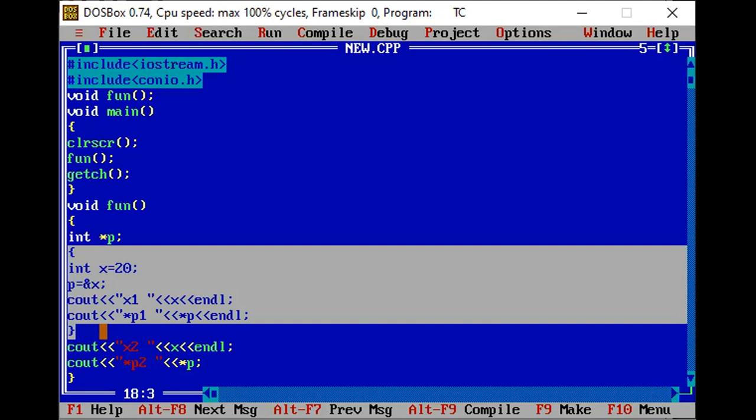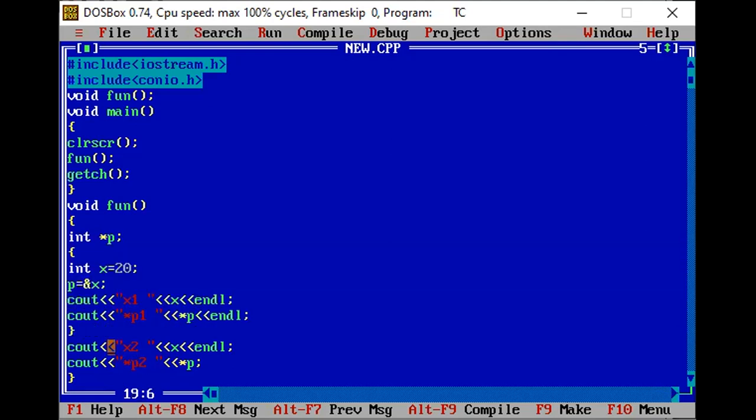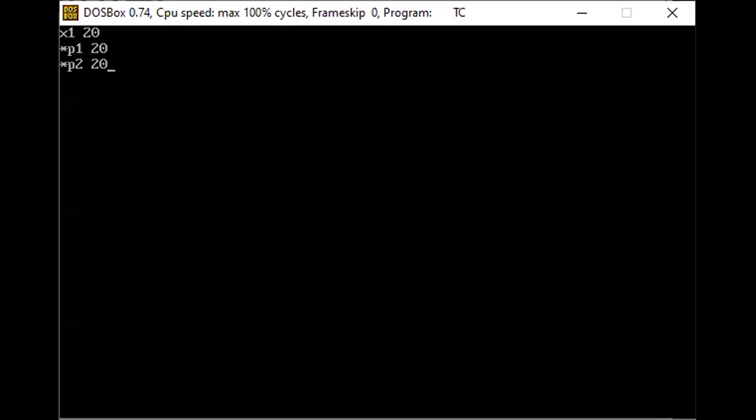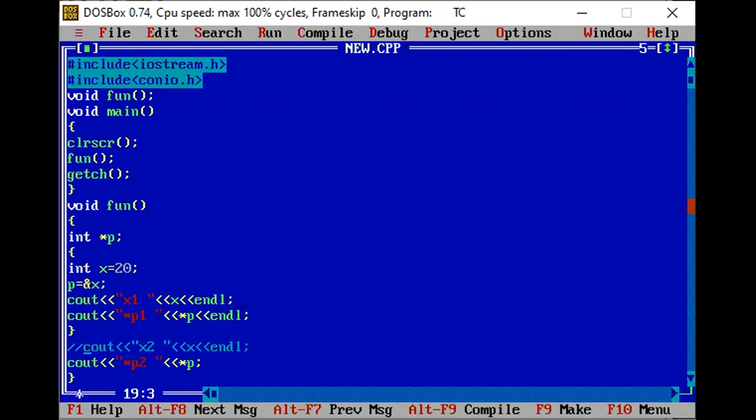You cannot access that x variable. But when you access the value of x, you get an error. But through p you still get your value. You are not getting any error. That means your p is holding a value. This is your dangling pointer.